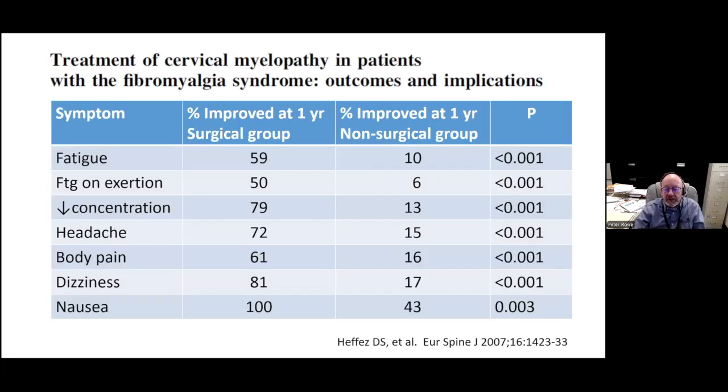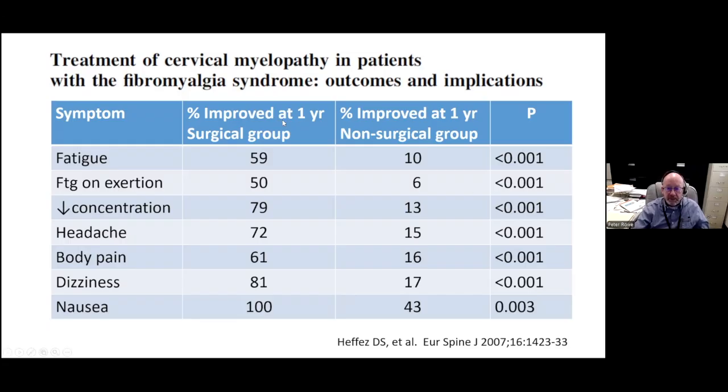And one of the things that he offered patients was surgical treatment, and he had a group that he followed, some of whom agreed to surgery, others declined that option. Probably the ones who declined had milder symptoms. The ones who accepted the offer of surgery probably were sicker, but he looked then at the number who had